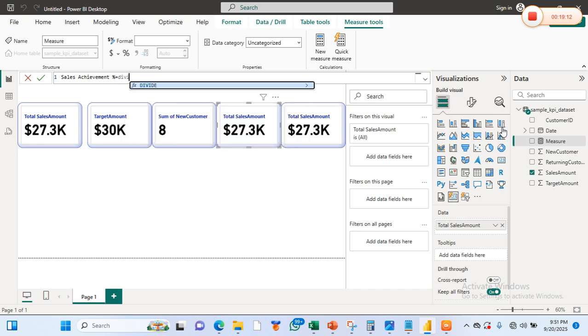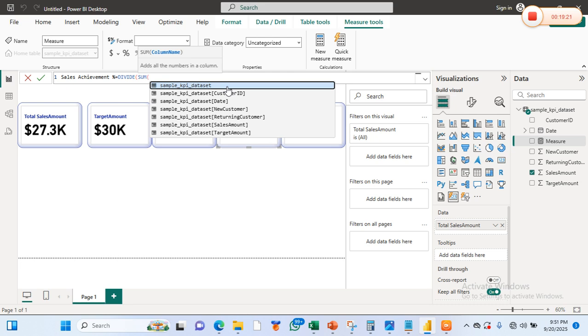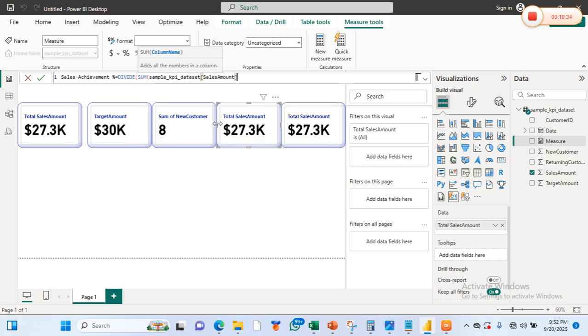So divide, use the division function. So divide sum, call the sum, right? So sum of what? So we are summing the sales amount. So see the sales amount, right? We are summing these up. So we close parenthesis, comma.